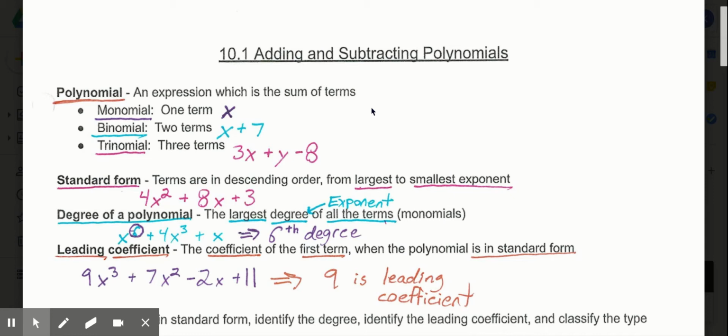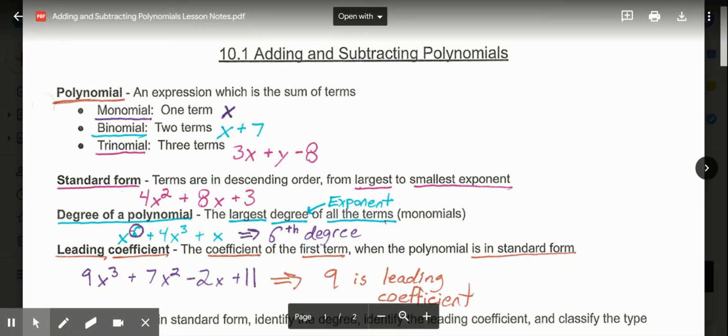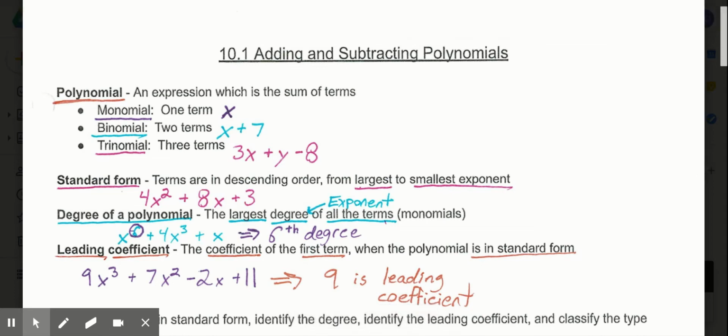Now, these expressions, again, are not equations, so they do not have equal signs, which you'll see in our examples below. So the first type of polynomial is known as a monomial. Mono being the prefix meaning one, so monomial, one term. So that would be something like x or 3. Just a single term on its own, or